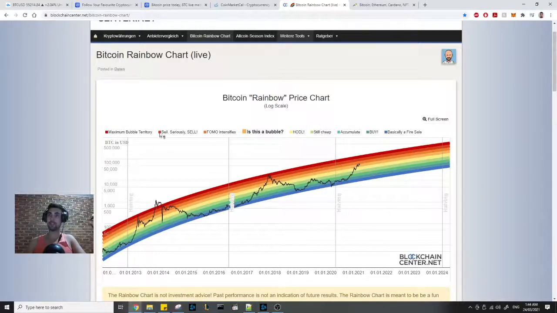So here you can see it breaks down the Bitcoin price into different stages. It's kind of funny, I guess. It's got the current situation of Bitcoin sort of hovering in between FOMO intensifiers and is this a bubble. So yes, we've definitely entered the bull run according to this, especially for Bitcoin at least. I'm not too sure about the altcoin season, but you definitely see it entering in, and I guess near the end of the Bitcoin bull run cycles is when you really start to see prices move parabolic. So I guess just trying to time this top, this might or might not be a nice indicator for yourself,